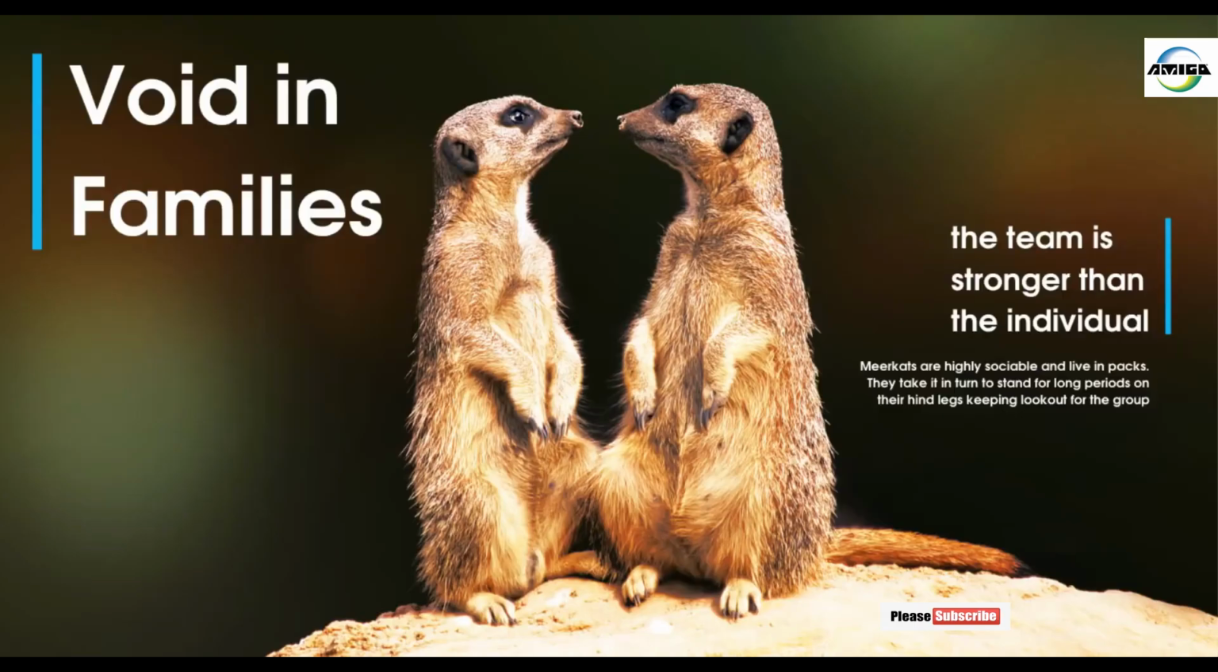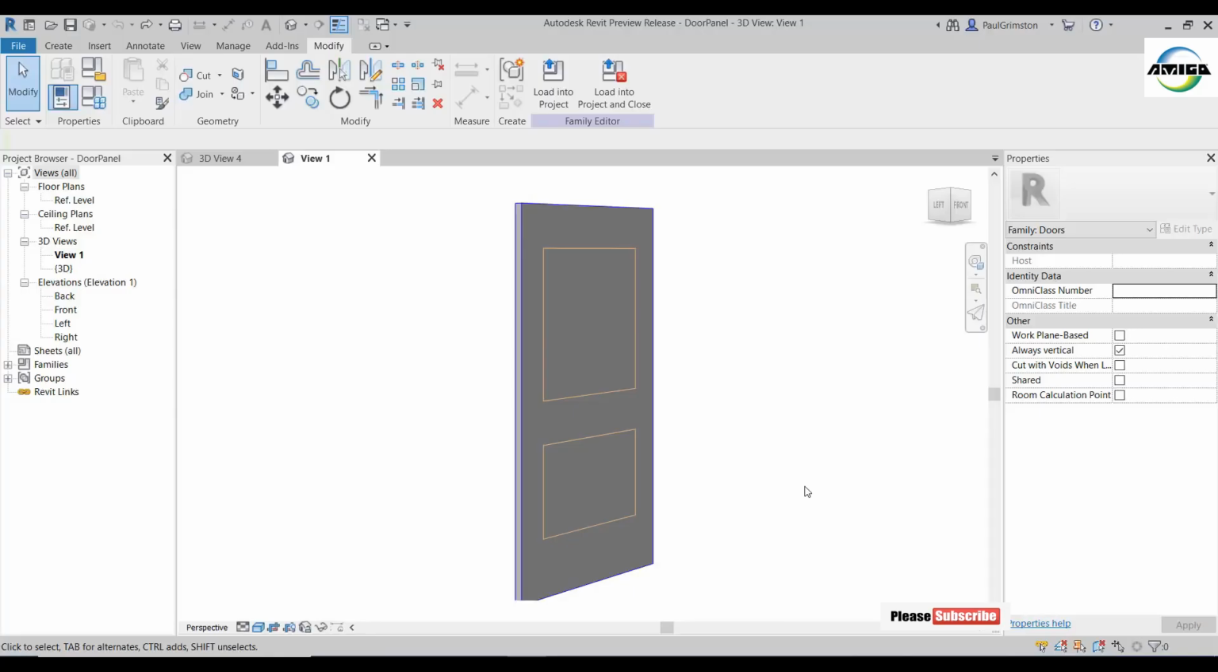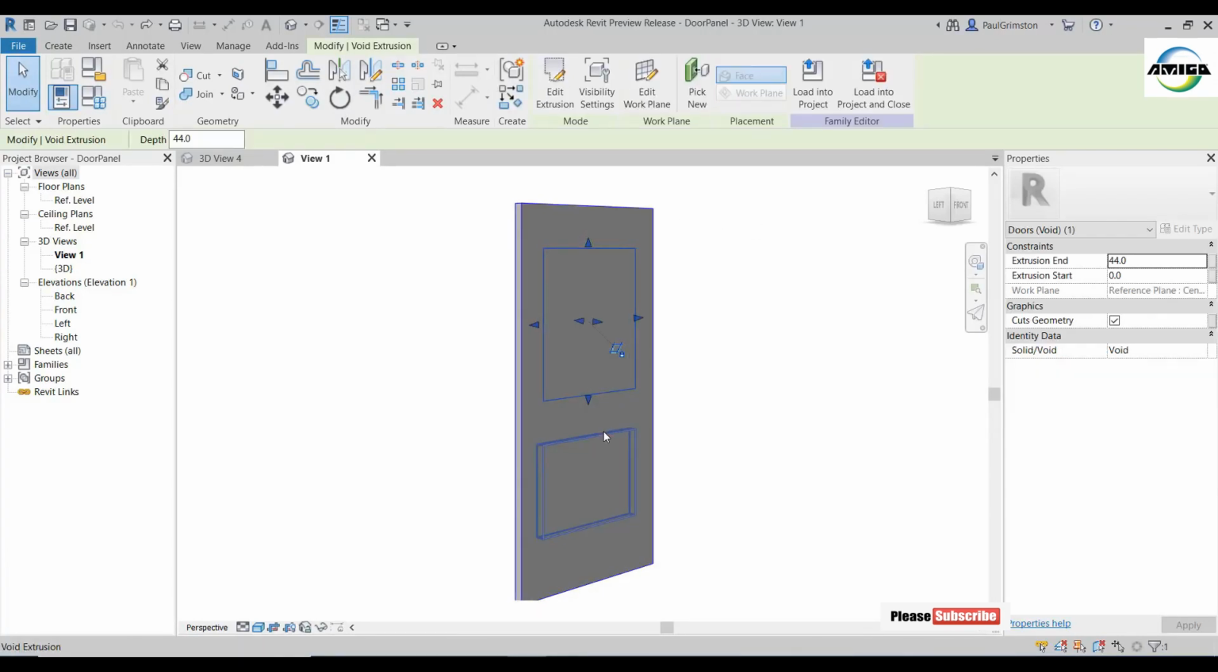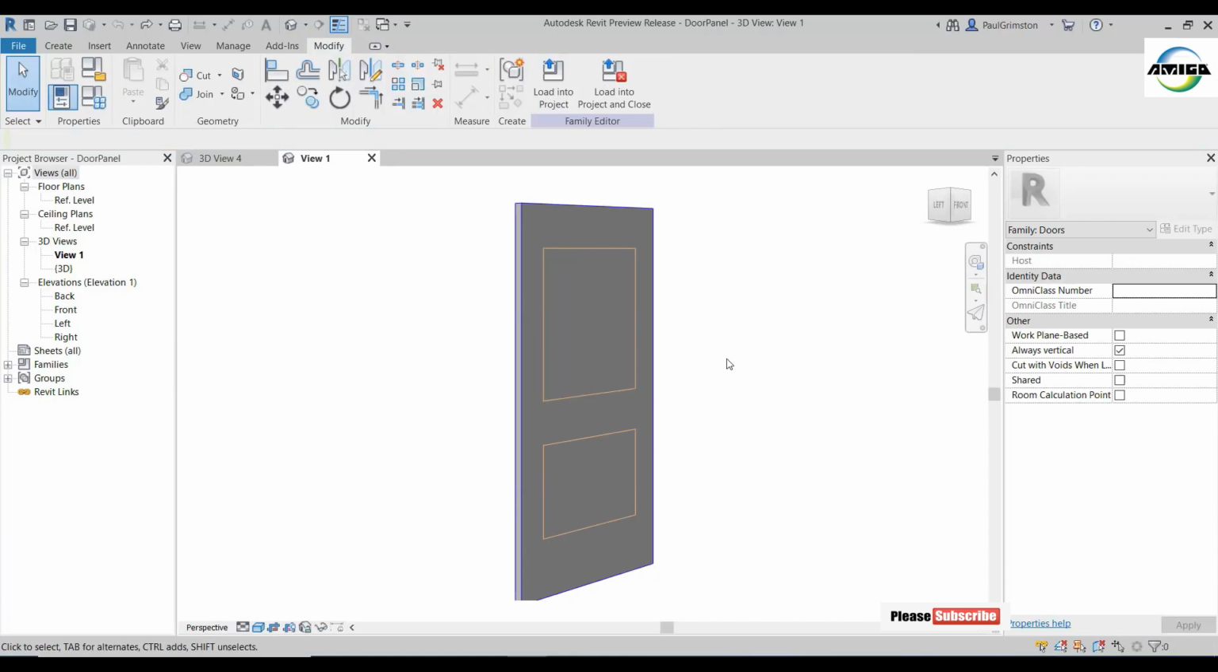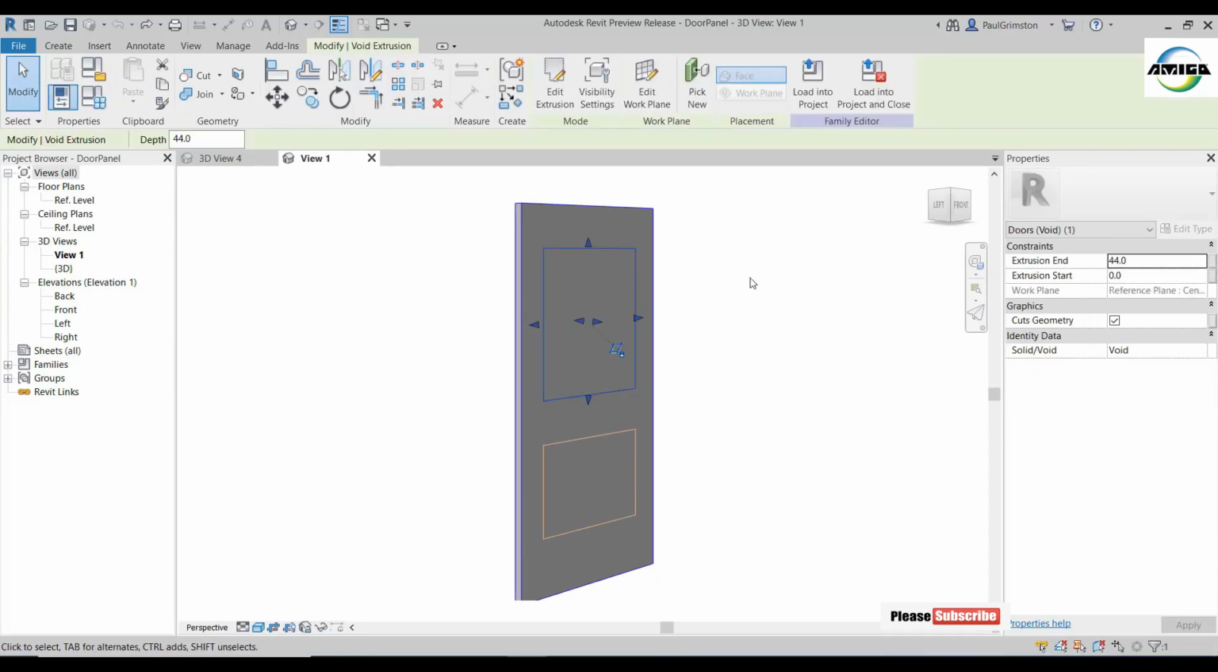The next new feature that we're going to have a look at concerns the void objects inside of families. We're inside a family here, and this is going to be a door panel, and we have two void objects here that we're going to use to create some vision panels. The new feature that we have inside of 2021 is the option to choose whether these voids actually cut the solid geometry or not. So with this one selected here, over in its properties, we have a cuts geometry, and